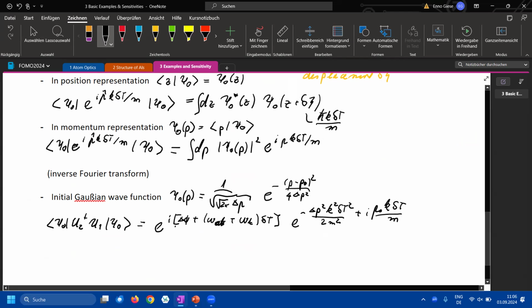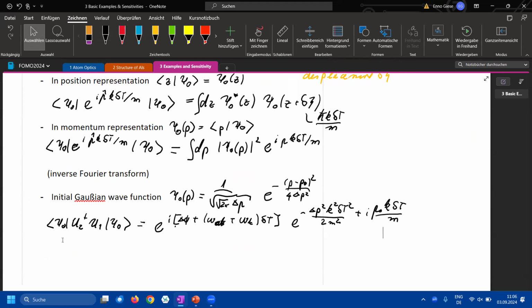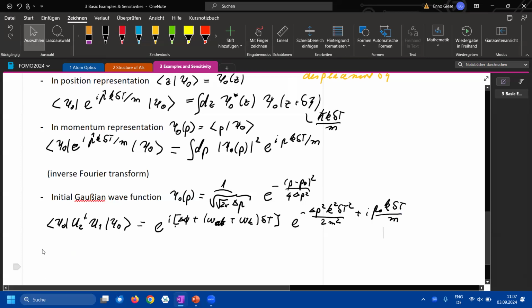So we again observe our interference signal, and we observe now that this expectation value has a modulus that is not equal to unity. Because of that displacement, we don't see a perfect overlap anymore, because it was an operator valued overlap operator. And we see that this here is a Gaussian again. And what we see is that the interference signal